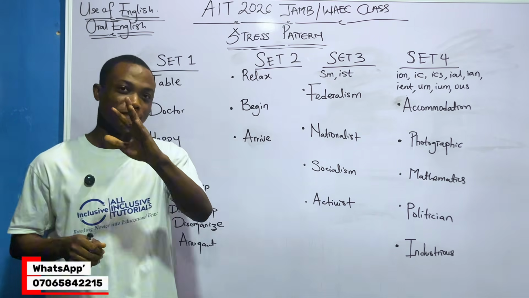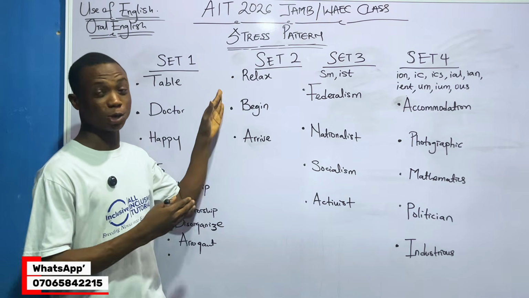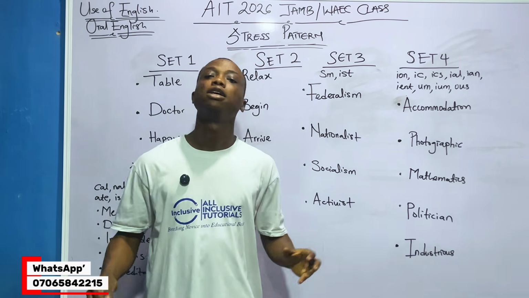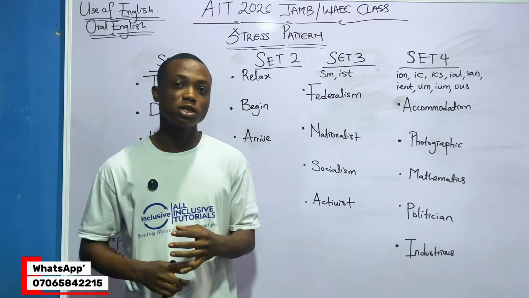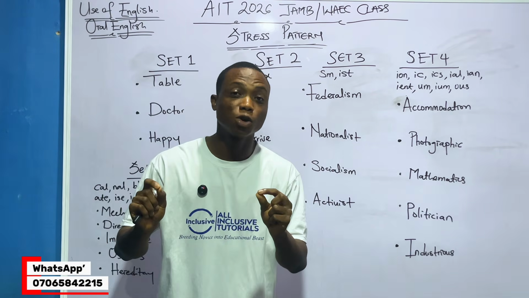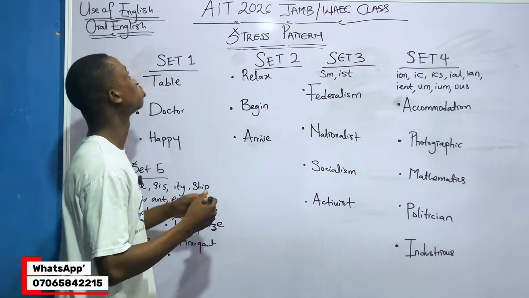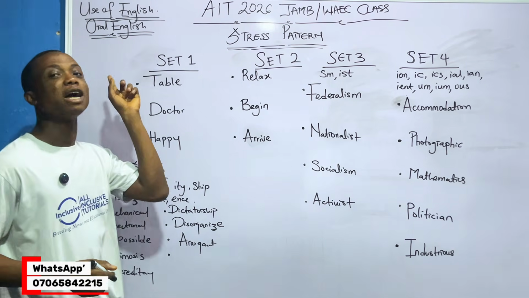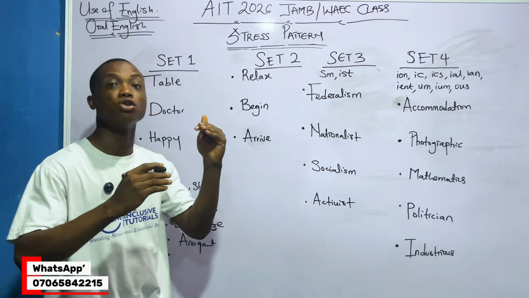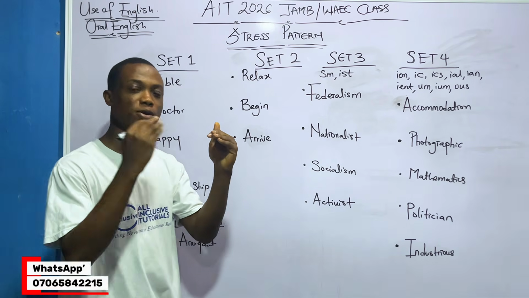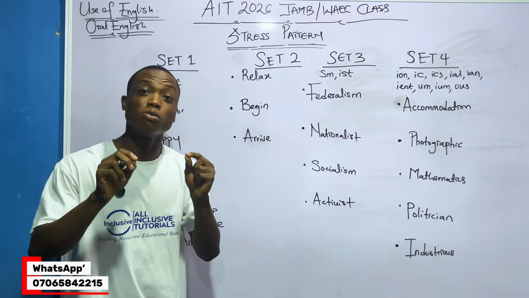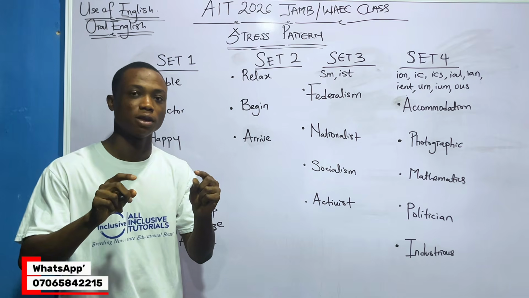So now, this is English, as you can see on the board. When it comes to English, there are different aspects. There are lexemes and structures, there are antonyms and synonyms. There is a very crucial part, and that part is called what? Oral English. Under oral English, we also have different parts: rhymes, vowels, consonants, and one particular one that comes out every year in the exam. They don't miss it.